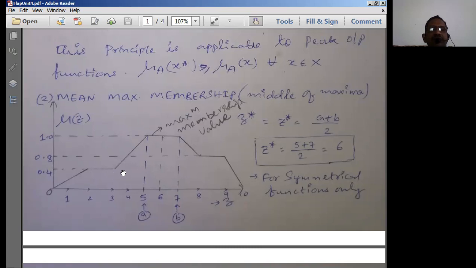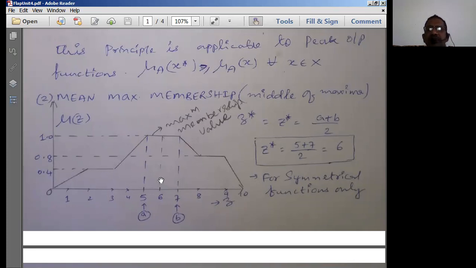Say, for example, this is going to be one fuzzy set, another fuzzy set is going to be going like this, this is one fuzzy set, another fuzzy set is this, and the third fuzzy set is this. That means by simply adding three fuzzy sets, we have got this particular fuzzy set. So we have got this membership function. That means this is the representation of a union of the various fuzzy sets given in the problem.